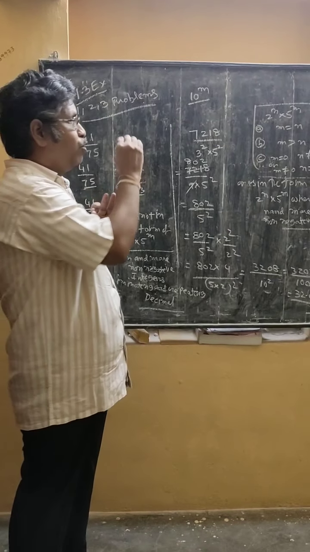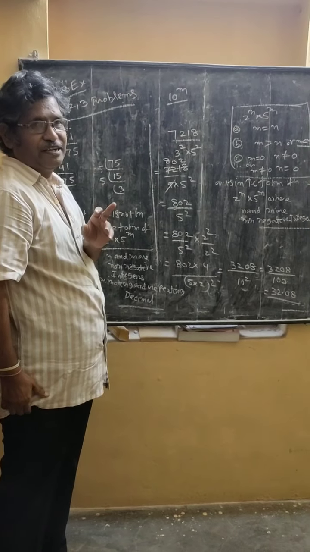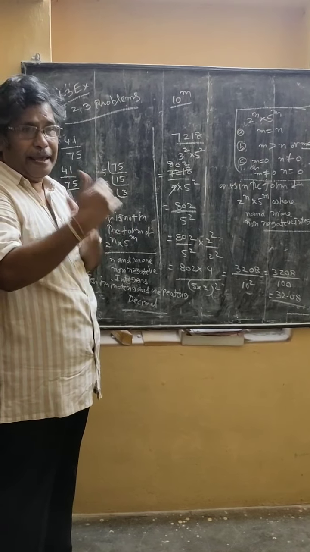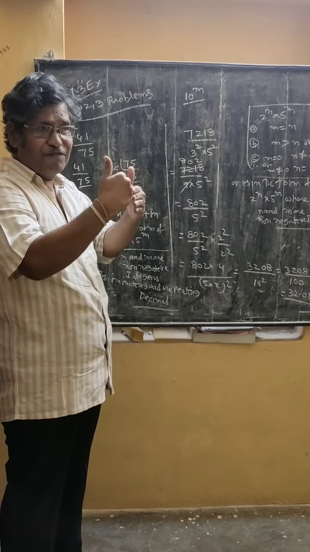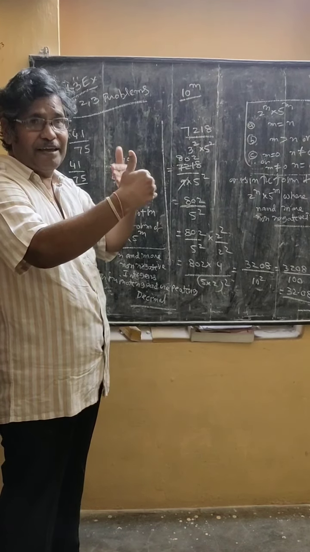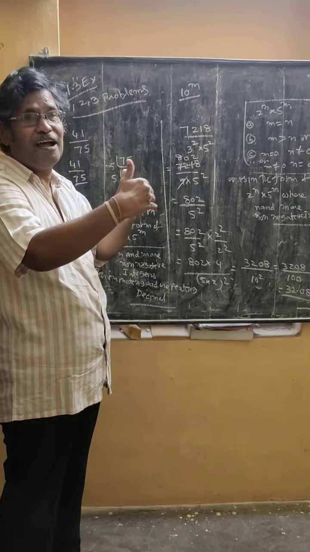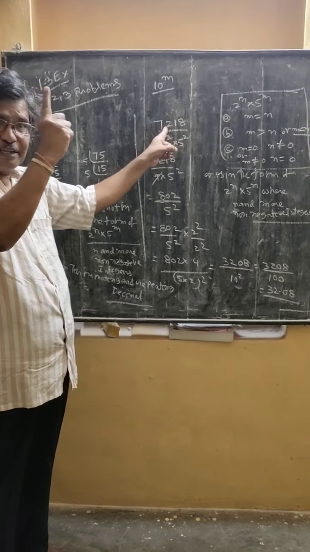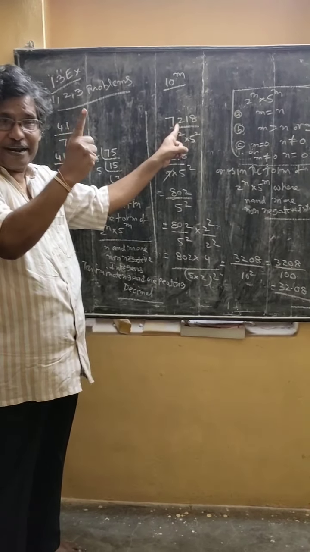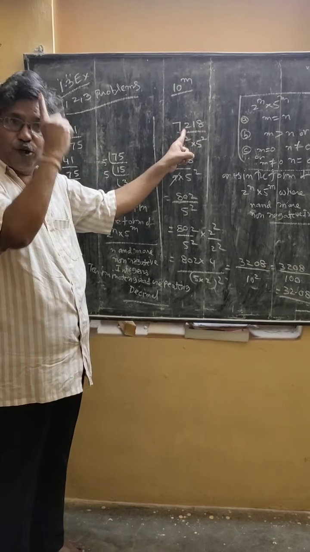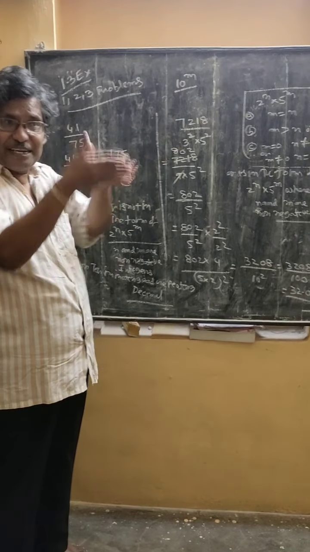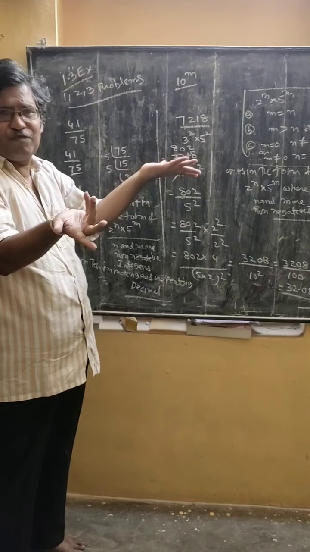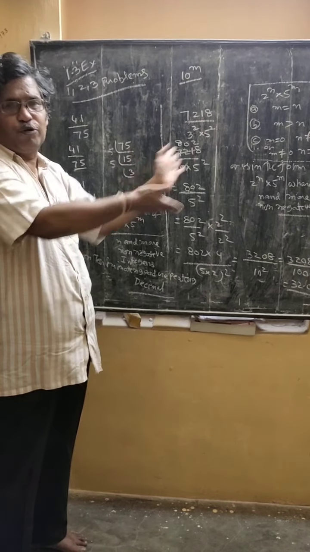That is one remark we have to notice in this one. Generally, it should be in the form of 2 power n and 5 power m. In addition to that, if any prime factors like 3 or 7 or 11 are there in the prime factorization of the denominator, at that time we observe the numerator also. Remember, again I am saying, observe the numerator also. Sometimes with these primes, the numerator may be simplified. If it is not simplified, you know how to do the problem.